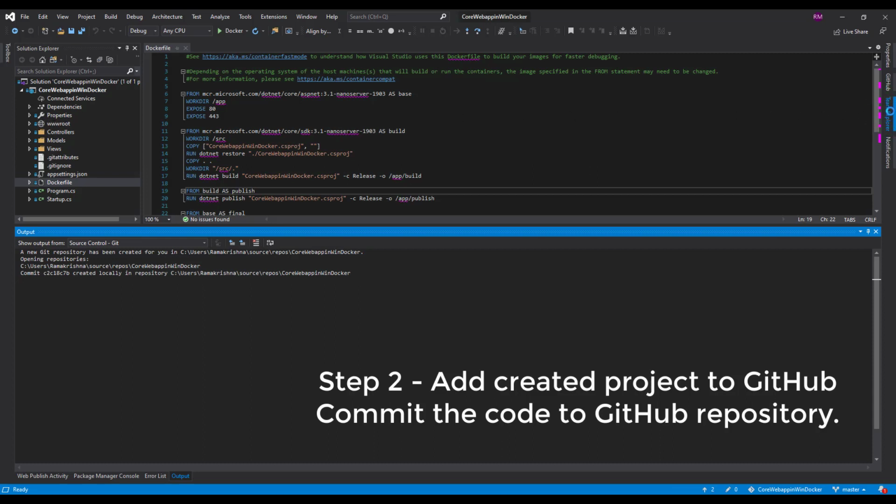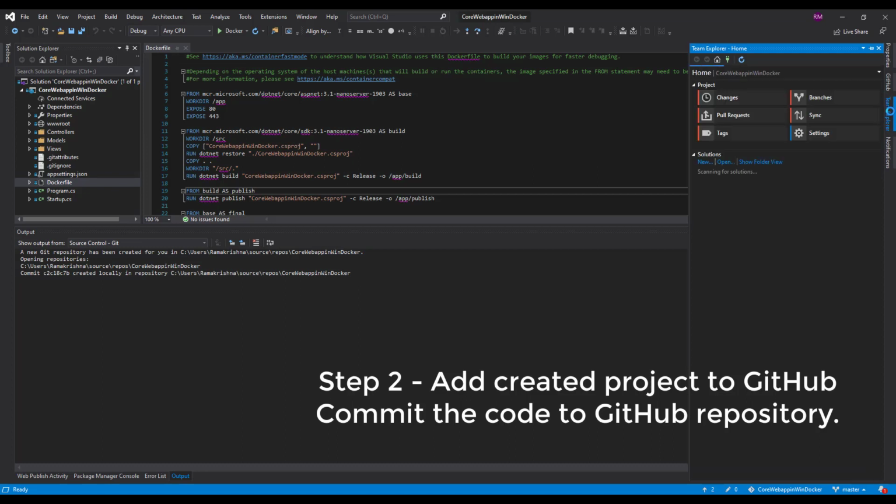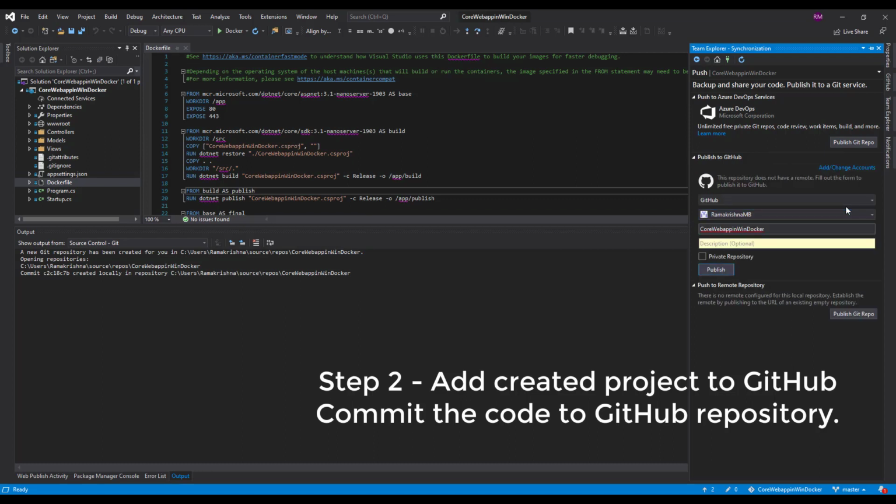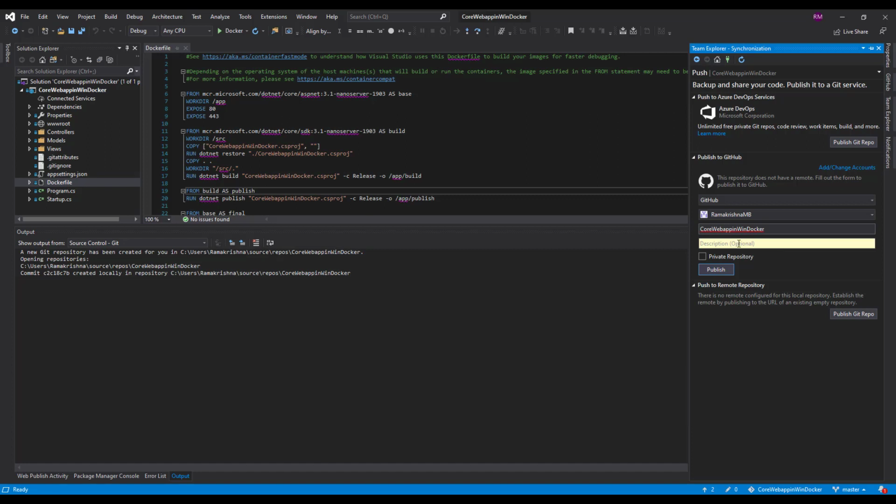Go to Team Explorer, click on Sync, and go to the Publish to GitHub section and click on Publish to GitHub. As you know, I am already logged into my GitHub account, so it is not asking for login credentials here. Just publish our project to GitHub.